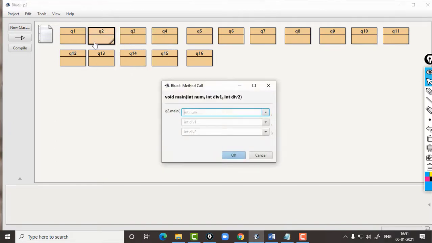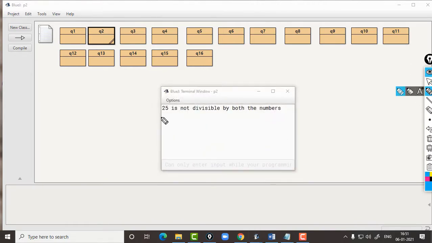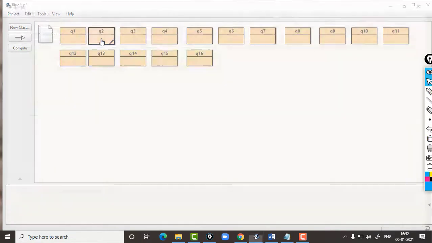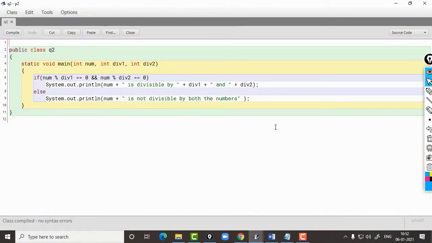Let us try out some other numbers, 25, 5 and 2. This time 25 is divisible by 5, but it is not divisible by 2. So we should get this message that 25 is not divisible by both the numbers. So I hope you have understood this program.